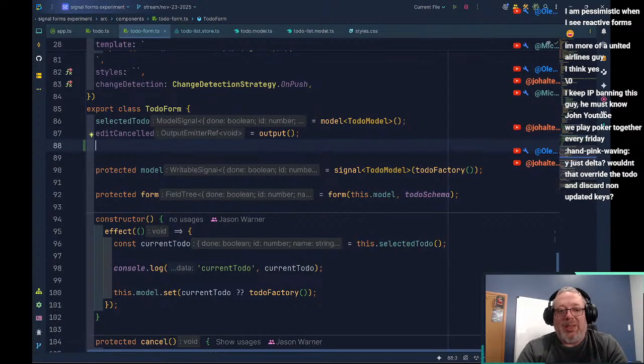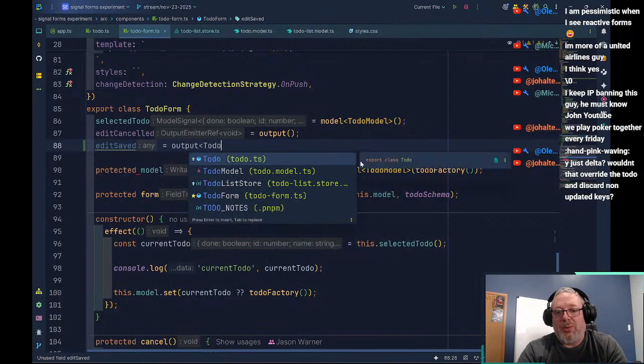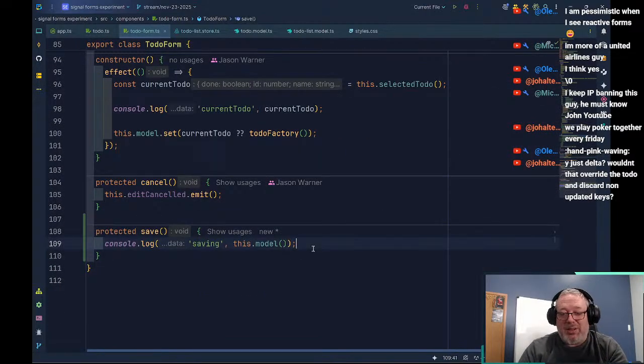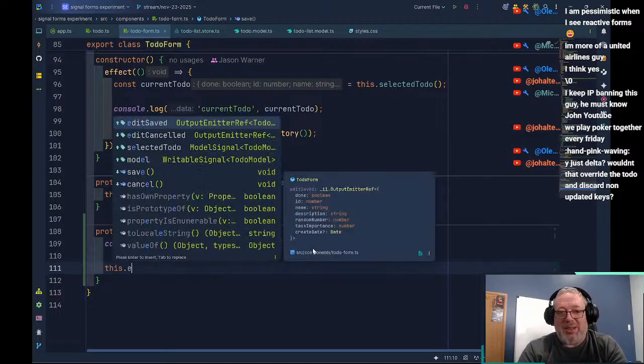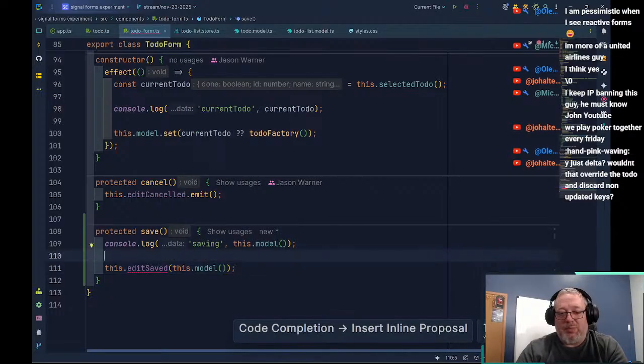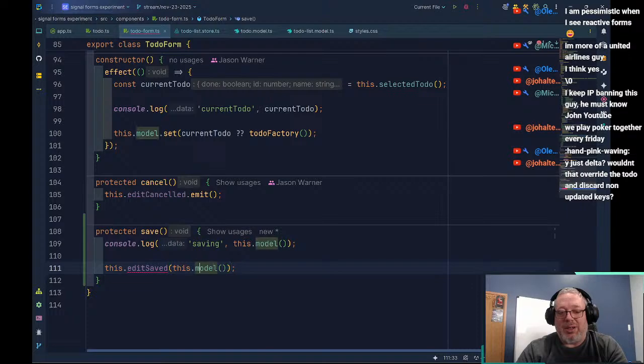So we'll say edit saved equals output, and we're gonna say to do model. Boom. So here now we just say this dot edit saved, and then this dot model. Oh, I need a dot emit on this.